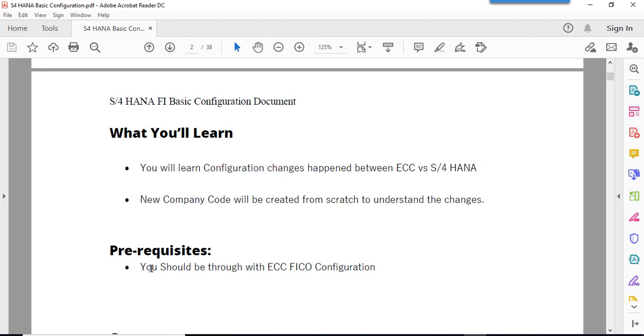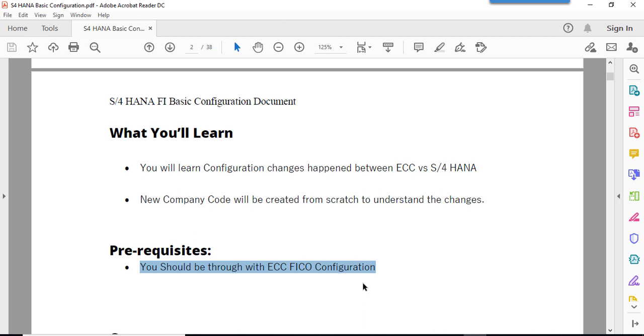This is the prerequisite before starting this S4 HANA configuration. You should be thorough with the ECC FICO configuration. The reason why I mention it here: 90% is the same. 90% of ECC and S4 HANA is the same, as in S4 HANA only the database change has happened.